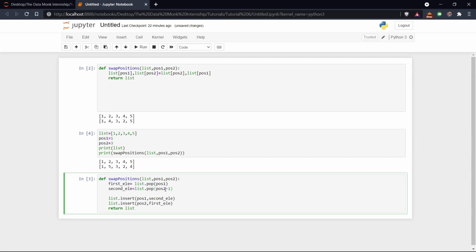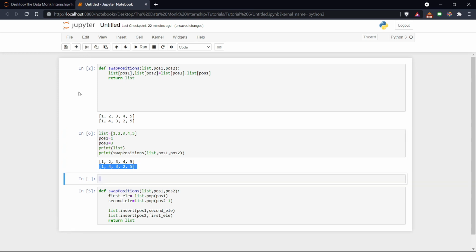Now let us run the program again. Running the function. Now let's run the driver code, and now we get the right answer, that is 14325. This is the required list we should get. Now proceeding towards the third approach, which is using a tuple variable. So let's first define the function.